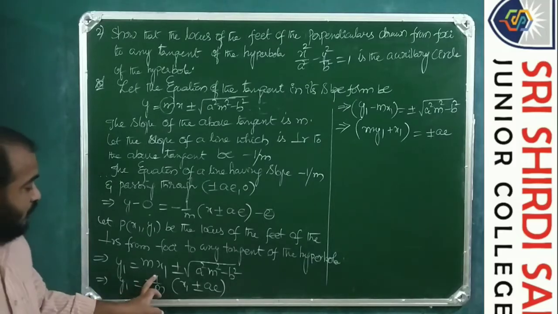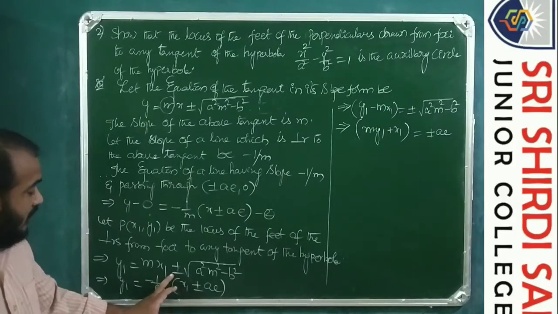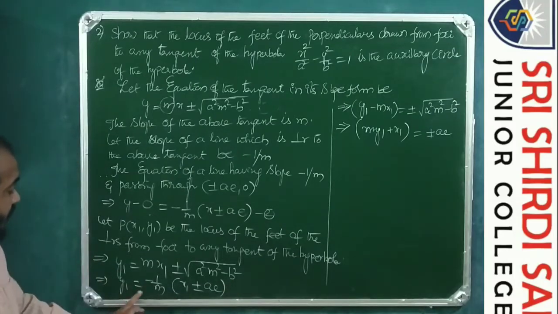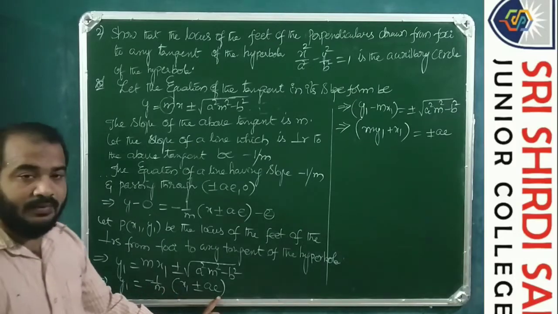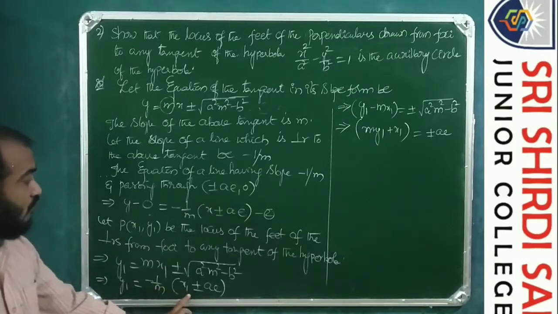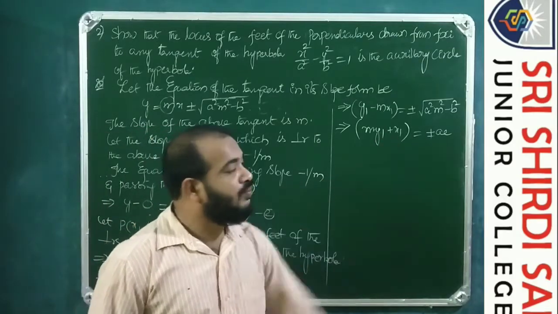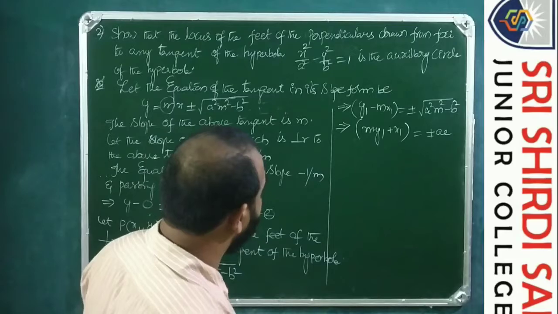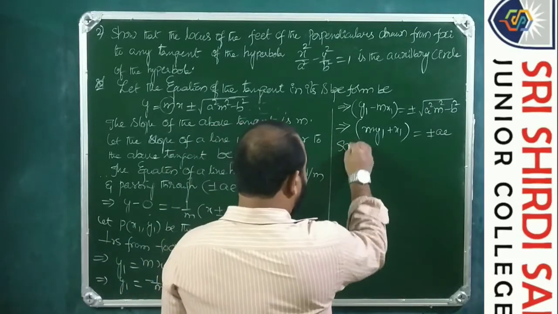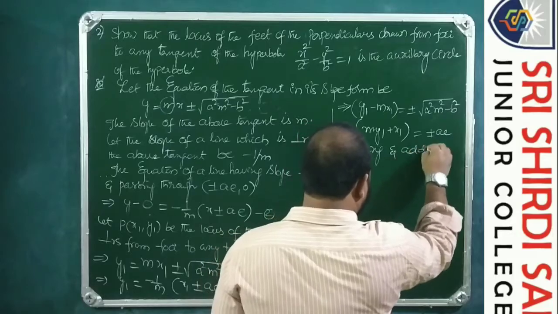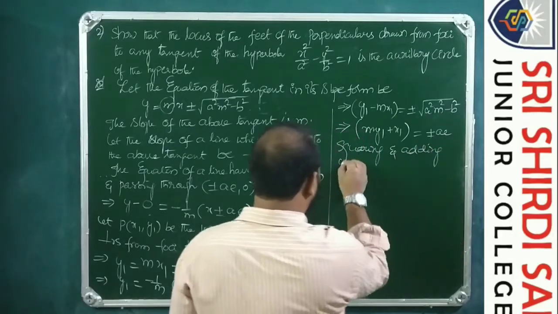y1 minus m x1 is equal to plus or minus the square root of a square m square minus b square. Cross multiplying, m y1 is equal to minus x1 plus or minus ae. This minus x1, if you transpose it to this side, plus x1 is equal to plus or minus ae. Now squaring and adding, we get,